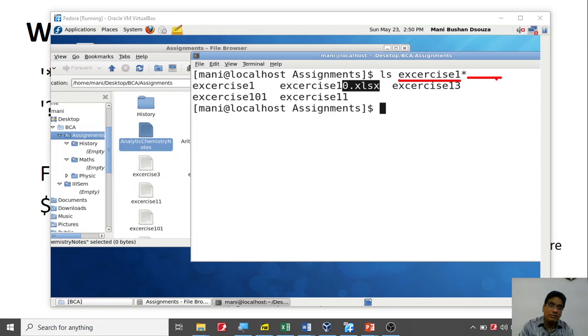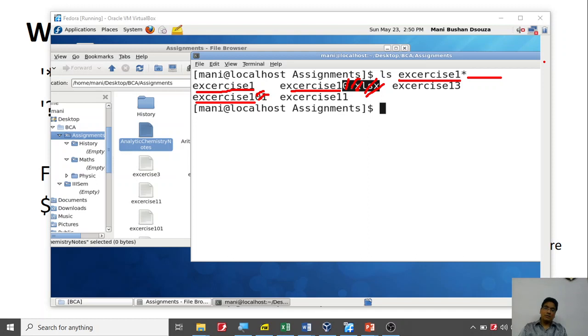Then any number of characters can come. You can notice this is common. After that any number of characters, either you can have 2, or 4, or anything. So star means any number of replacement. Question mark means only one replacement will be there. Anything can come but only one character. So hope you know that.